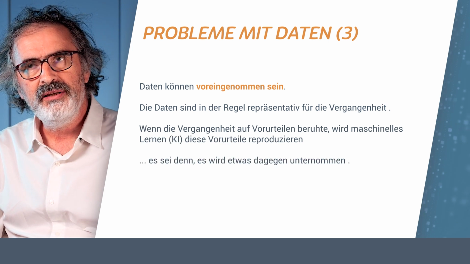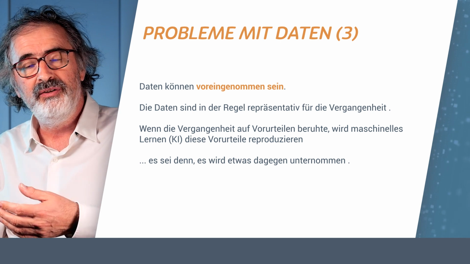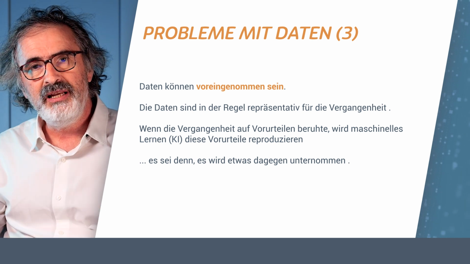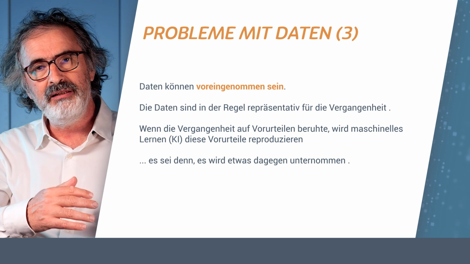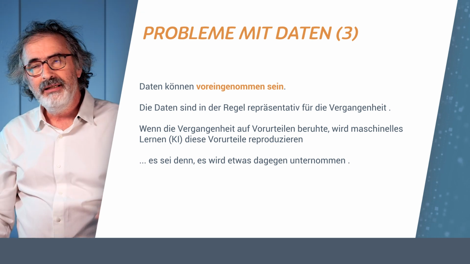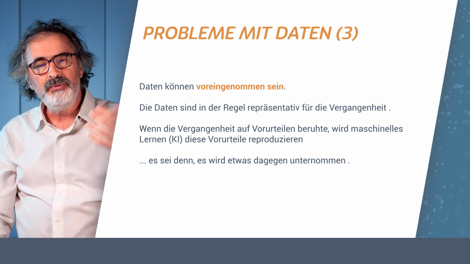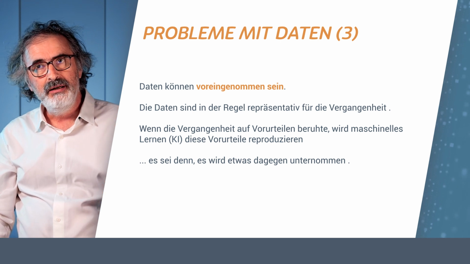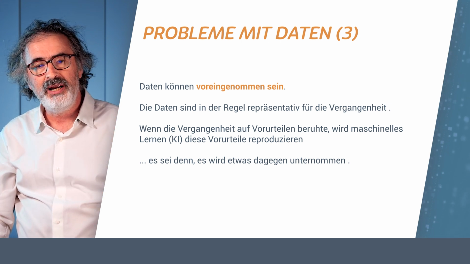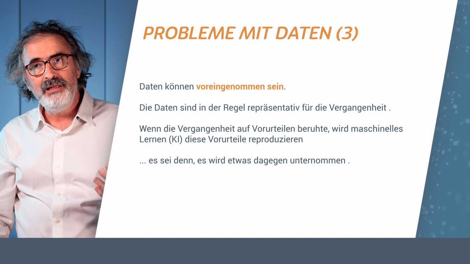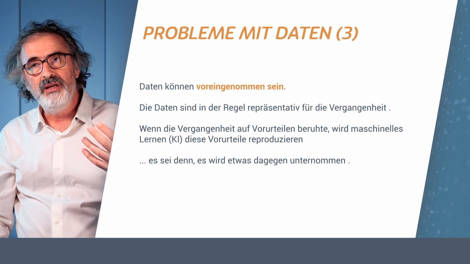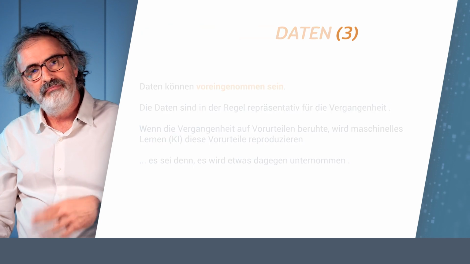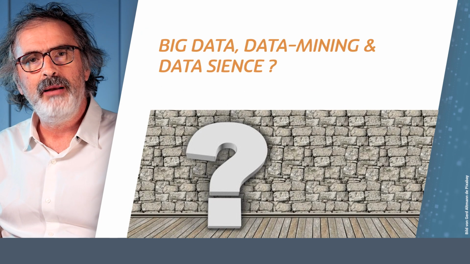We use biased with an algorithm, we use biased with the result of an algorithm, but we can also use biased with the data. Data is usually representative of the past. We have only taken data from what has happened. And the past is full of prejudices. These prejudices, if we try to build a system that is going to learn from these data, will contain these prejudices. And machine learning will always just reproduce the bias that is in the data, unless, of course, we do otherwise. Let's see some elements of vocabulary.